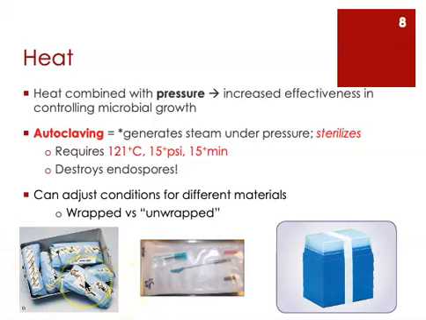You can imagine it's important to be able to know in a storeroom, for example, or an equipment room, which things have been autoclaved already and which things might be waiting to be autoclaved. And that's what the indicator tape will tell you. So whether you have unwrapped things or wrapped things will make a difference in your exact parameters for your autoclave. Things that are quite bulky and are wrapped up in a lot of soft materials, those things are just a little bit harder to sterilize.